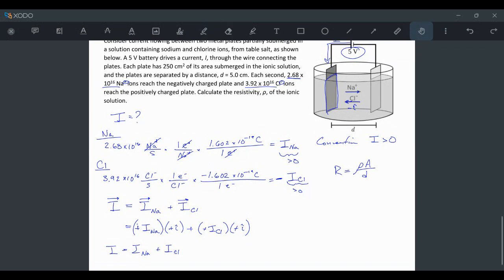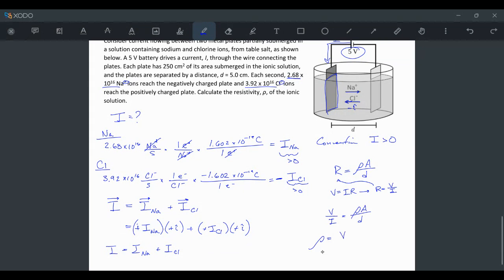We don't know what R is, but we have the fact that this is powered by a 5-volt battery and there's a certain current flowing. So Ohm's law says that V is equal to IR, or conversely, R is equal to V over I. You can sub that in here. What we're left with is V over I is equal to rho A over D. We want to solve for rho